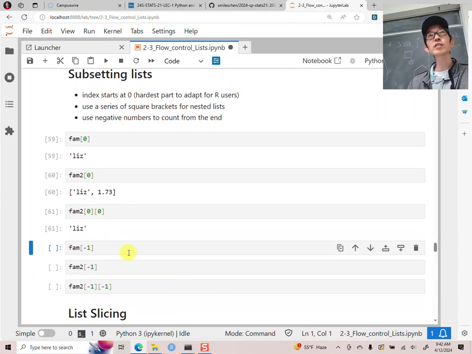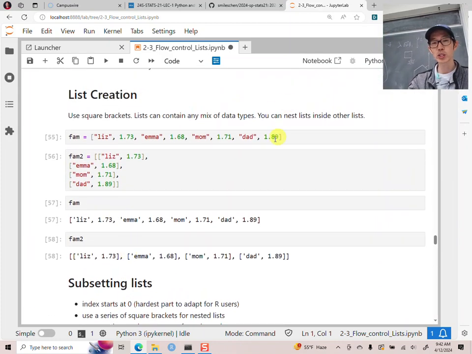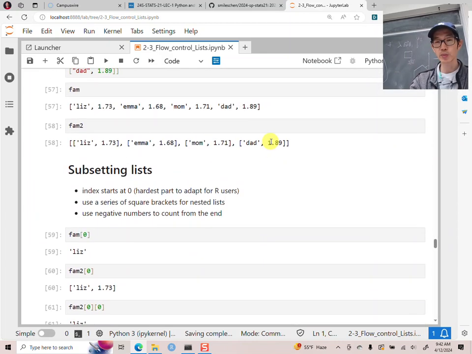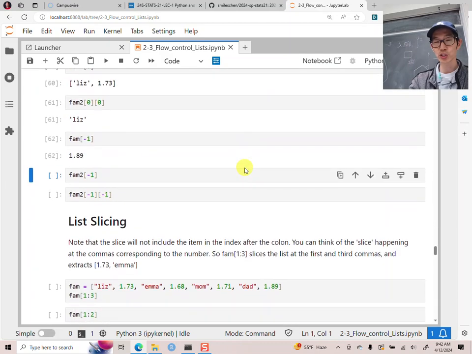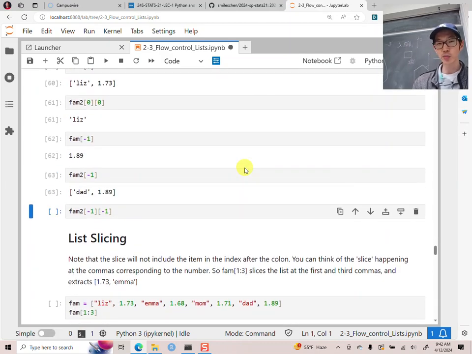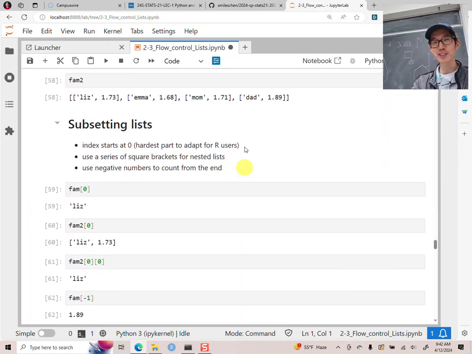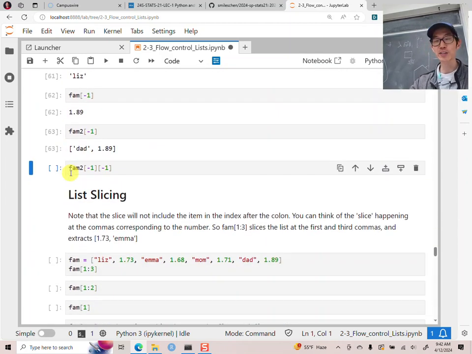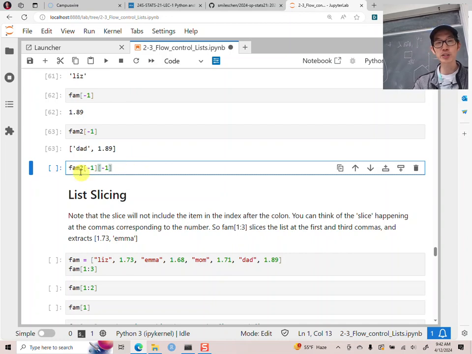You can also use negative integers, and it counts backwards from the end. So fam minus 1 will give us 1.89, right? And fam2 minus 1 will give us the last item there, okay? So counting backwards, you don't do negative 0. Negative 0 is not going to give you 1.89, because negative 0 is like 0, right? So that should just give you the first thing. So you put a negative 1, okay? And then similarly, if you do fam2 negative 1, that will give you this value